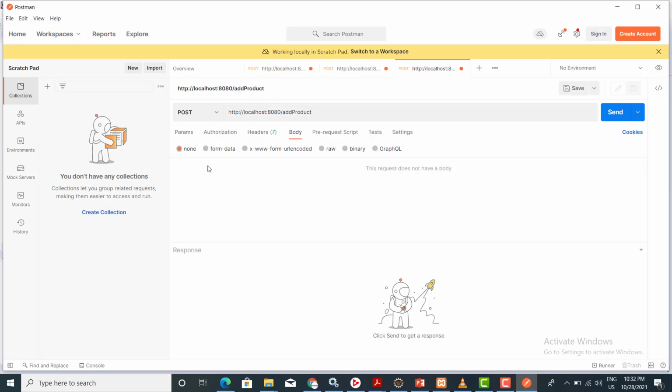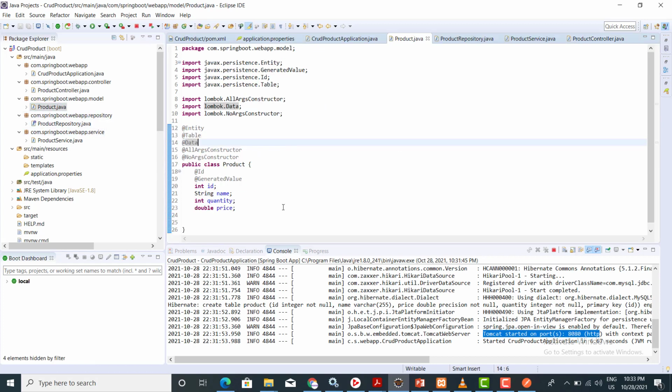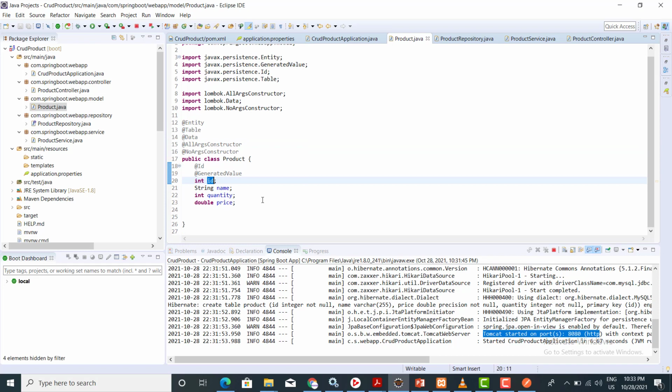Now select a body, select raw, and in the JSON format we want to add the data. Now the ID is a primary key and auto increment. We don't want to pass the value of the ID. We have to pass the values of name, quantity and price.